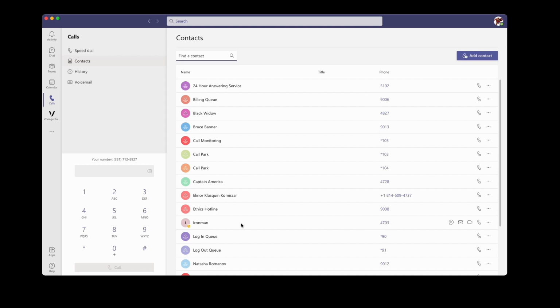You'll notice here that I have another user that is a Teams user, as shown by the indicator for their presence. You'll also notice that there's not a 10-digit number assigned here, and this is by design. Microsoft will always try and handle the call first, and if it sees a 10-digit number or nothing at all, it will always assume that you want to make the call in Microsoft Teams.